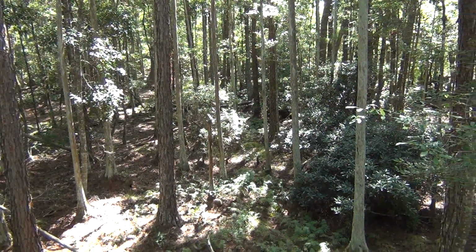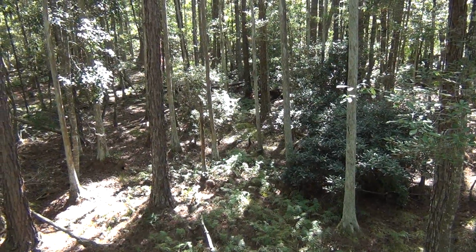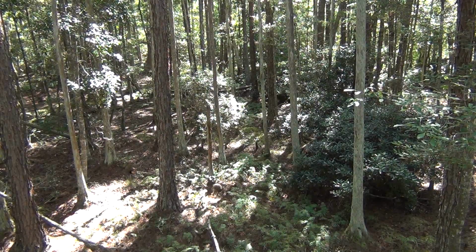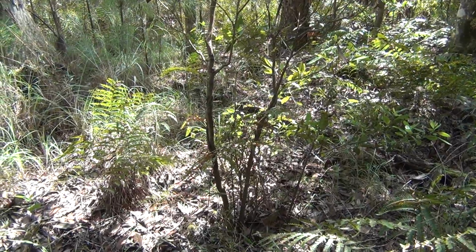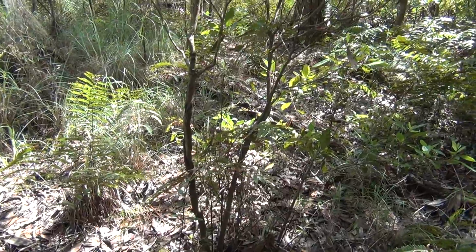Probably put some scent down next to the base of one of these trees, or maybe make a mock scrape over here. Something to bring them, as they're coming in, to get them to turn a little broadside for me if they're walking directly in. So, working my way out from my stand here, right at the edge of the pine plot,